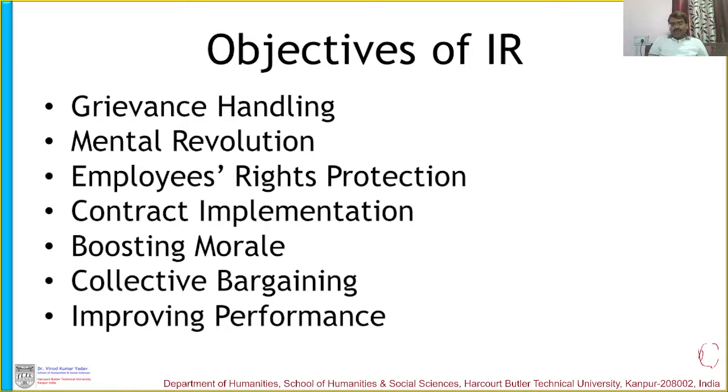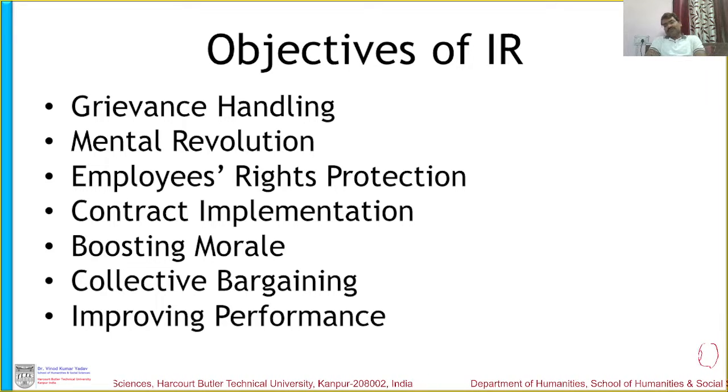So they sit together, develop a mechanism where management and trade union leaders sit together and then bargain on their interest, because both the parties do have a separating interest, not overlapping interest. So this collective bargaining is a good mechanism, and you can say it is one of the objectives of IR,